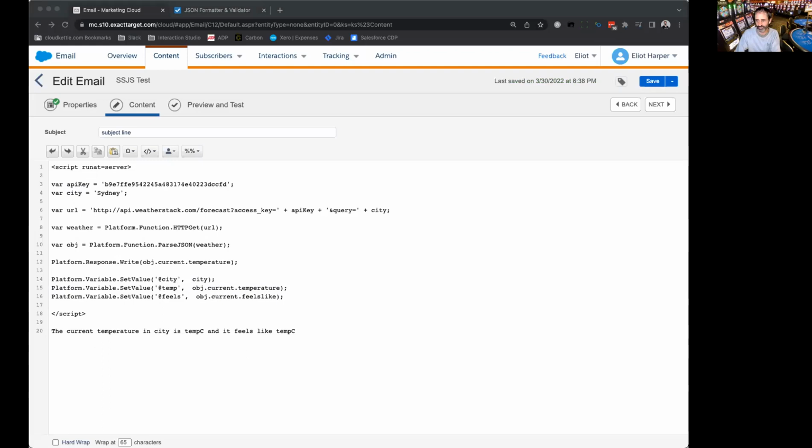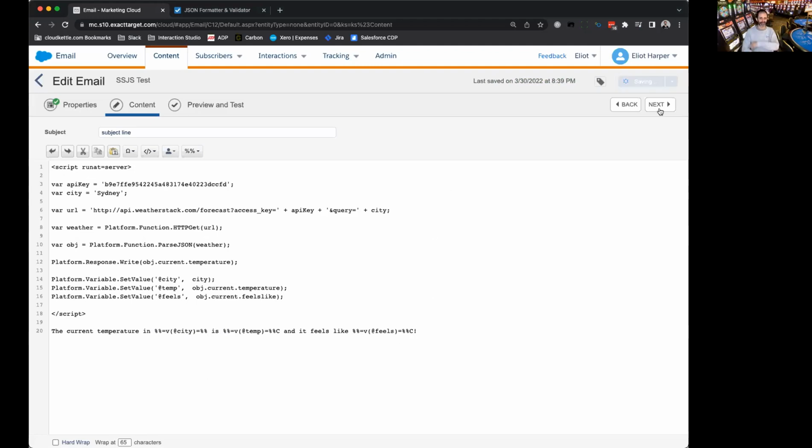You're probably aware with the AMPscript syntax, we're going to be using inline AMPscript in here, and the v function to output the value of a variable. I'll just continue this pattern here. Is temp, and it feels like, what's that feels? C on the end,